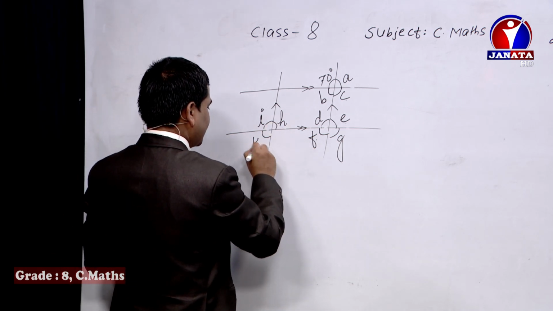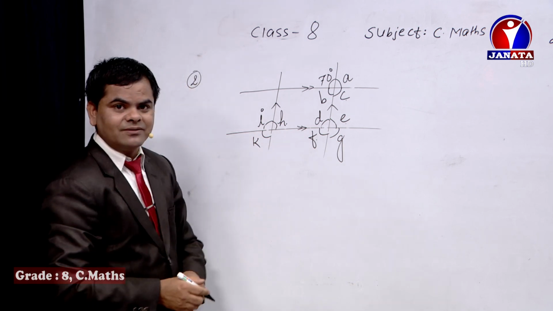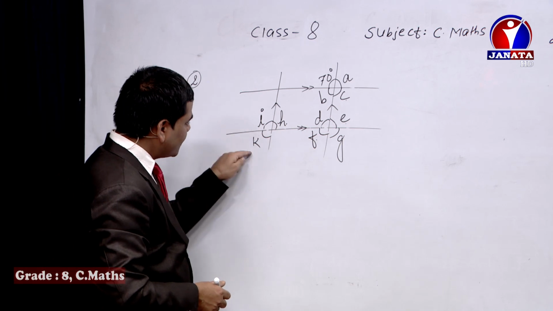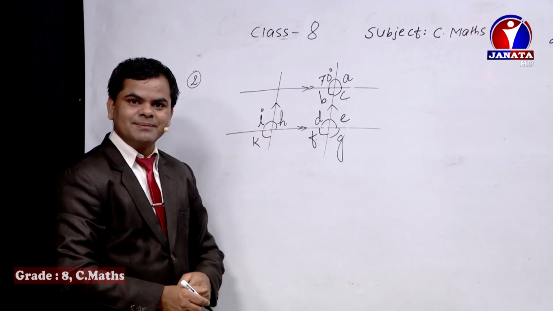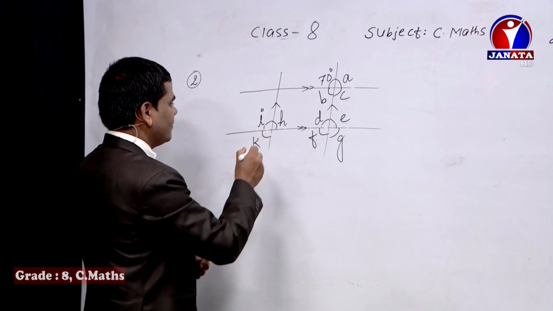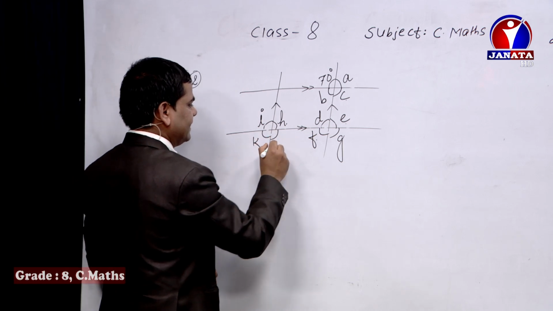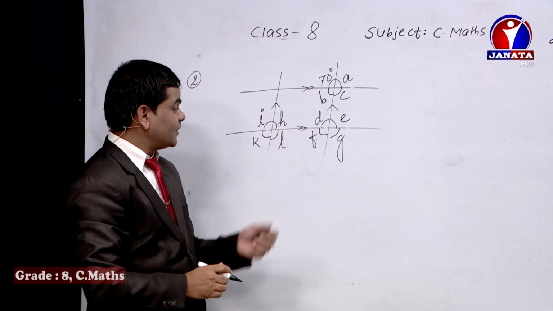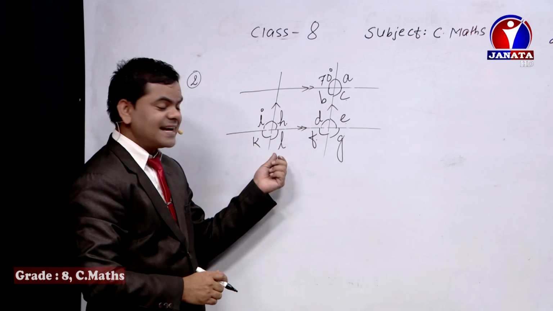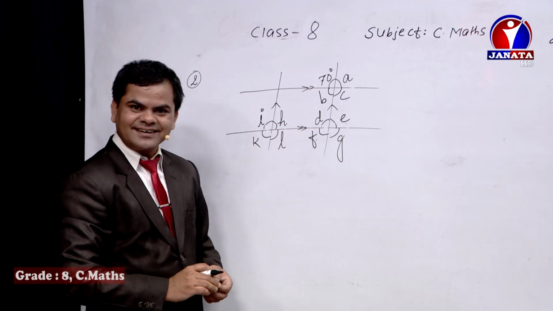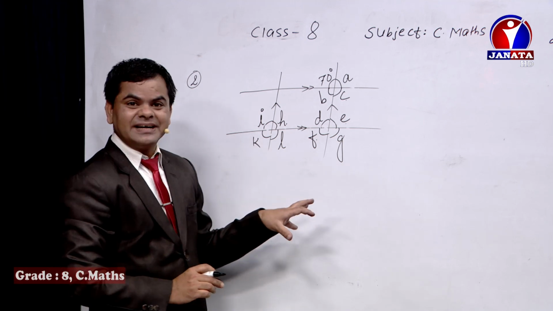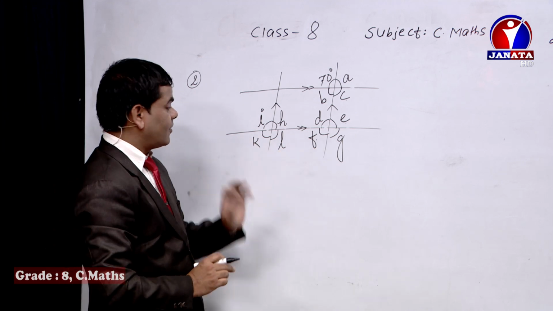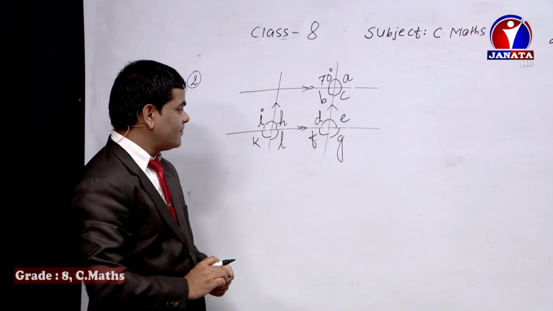Now I'm going to write here K. Can you find out the value of K? H and K are vertically opposite angles, or you can take I plus K equals 180 degrees, sum of supplementary angles, isn't it? Now you can take this side as well, K. I'm going to keep here L, okay, to find out. I'm not going to present any kind of hints for this L, because you have understood. Now you can clearly find out the value of L.